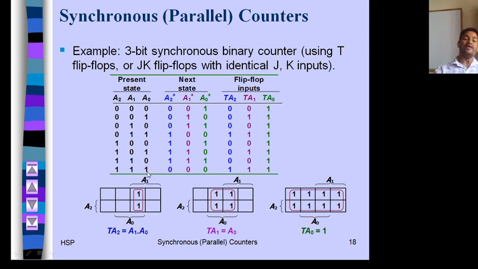So it is only possible when TA0 is 1. Okay, after every clock pulse it is toggling, so it is only possible when TA0 is 1. You can directly write down TA0 is 1. Now come into A1. Okay, when it is toggling,